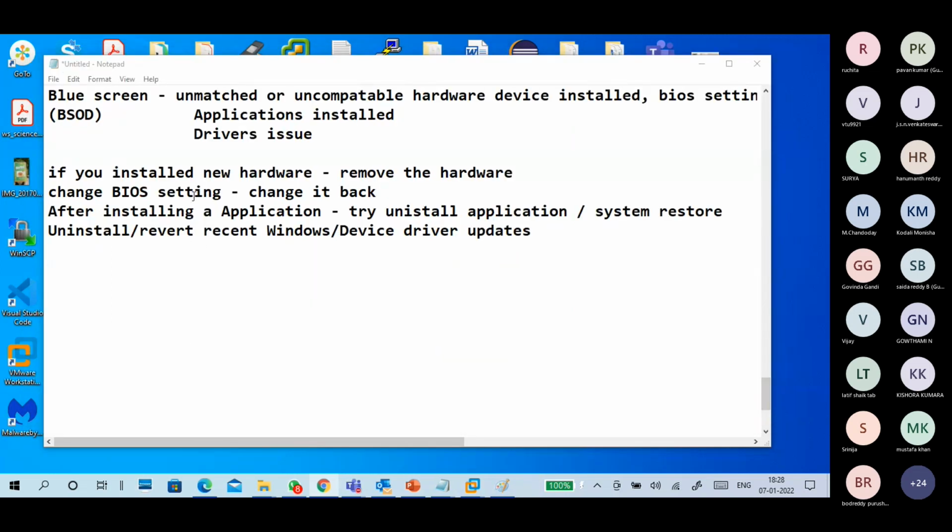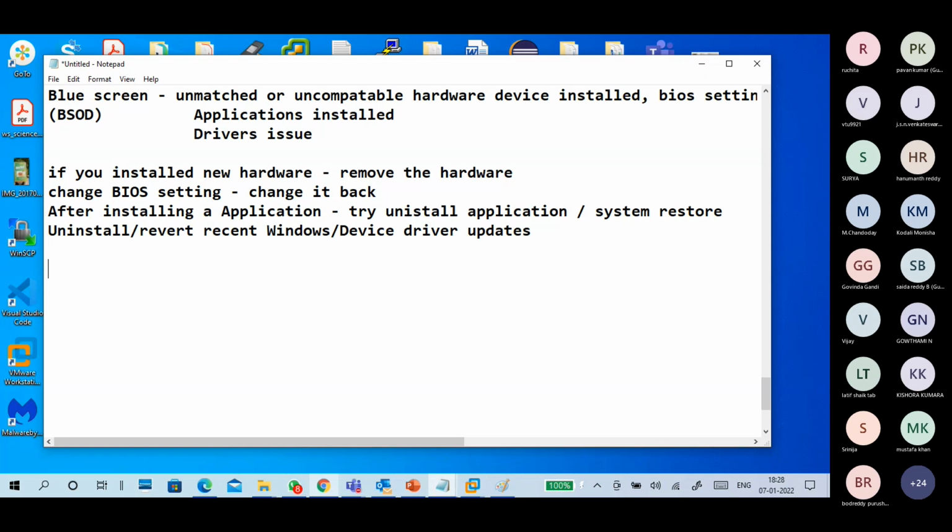Sometimes a hardware device or an application may disturb these things, like drivers may disturb the numbers. For example, in my college, my roll number is 402. Another guy's roll number is also 402. What happens when he is present and I'm absent? I get marked present and he gets marked absent. The system will get confused between IRQ and memory in the same way if both devices have the same numbers.